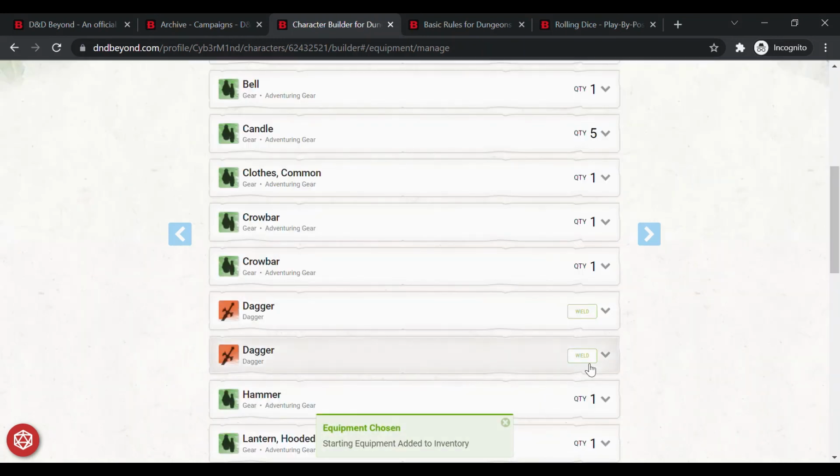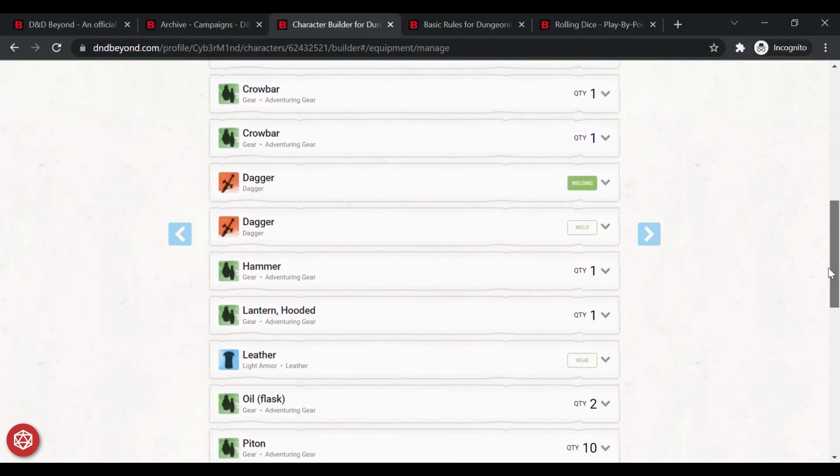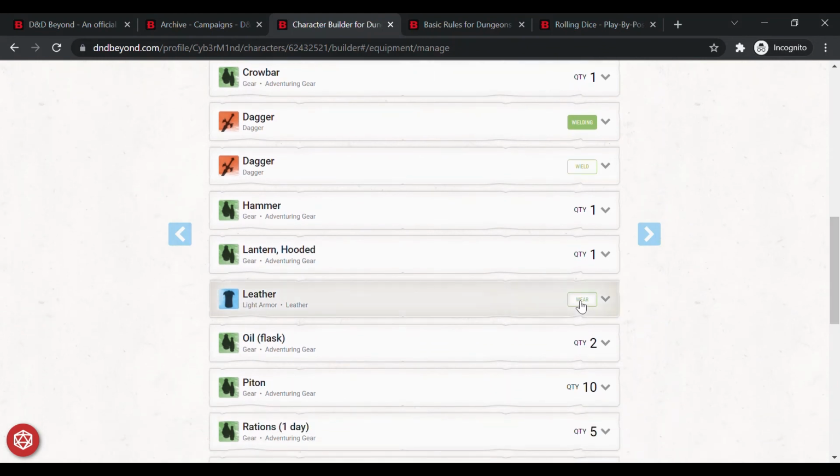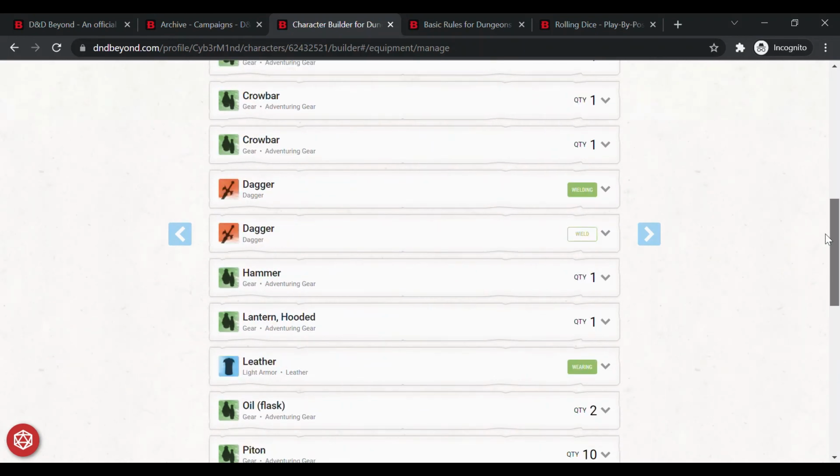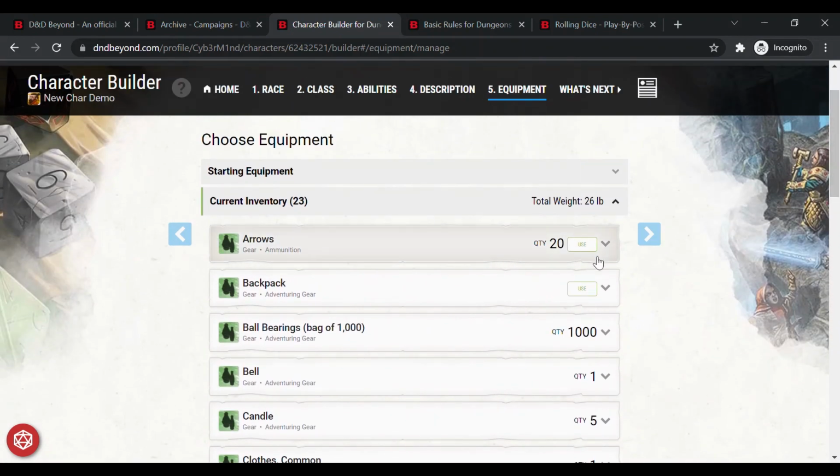So we're going to wield the dagger. So we're not actually wielding them. This makes them easier for us to wear the leather armor, which will help. And the short bow and short sword. So you would have a short sword and a dagger on his belt and hips, and the short bow on his back with the quiver. There you go. So you can select those,